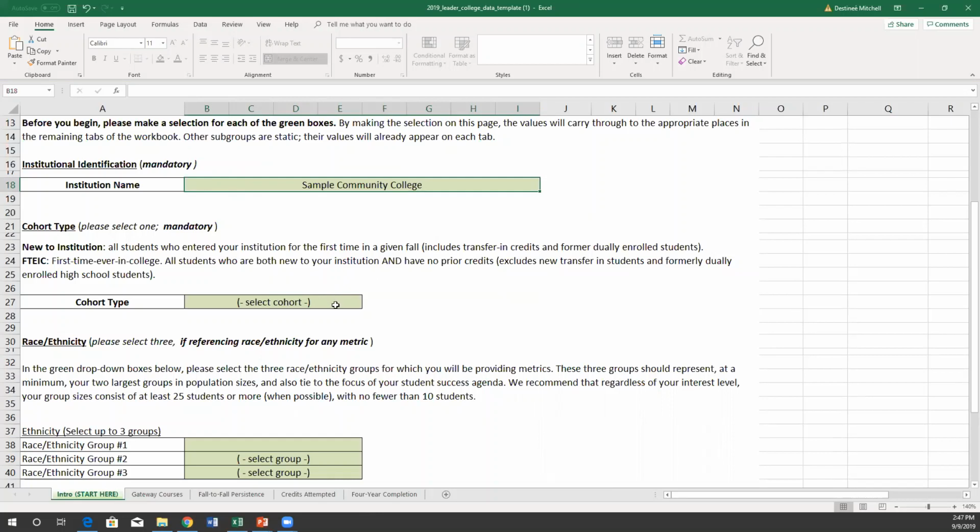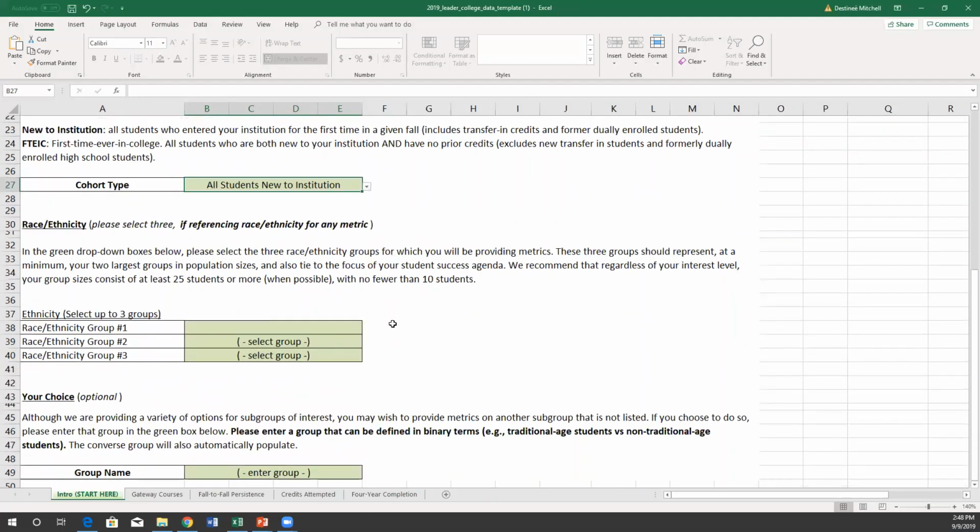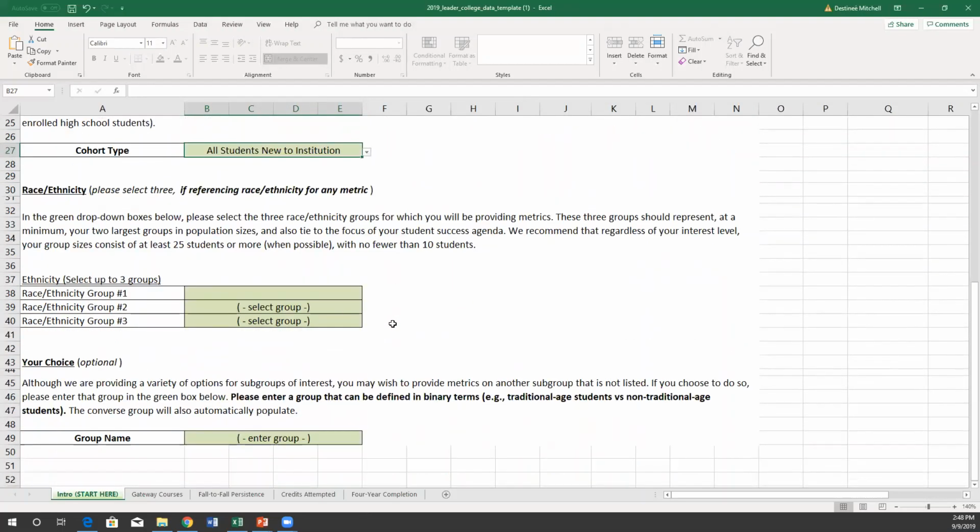Your cohort name, your cohort type, so you'll see there's a drop-down where you're selecting either all student institution or FTEIC only. I'm going to select all student institution. Race ethnicity, you are selecting 3 if you're referencing race ethnicity for any metric.